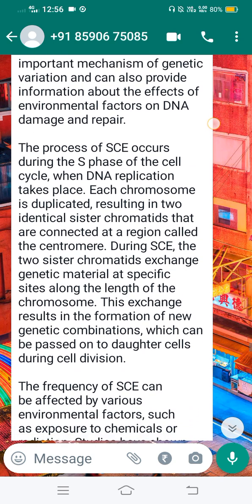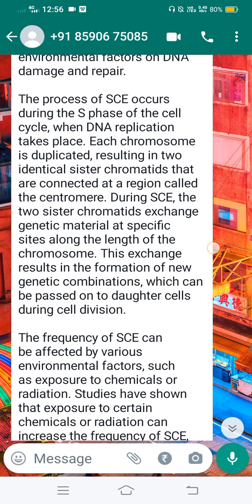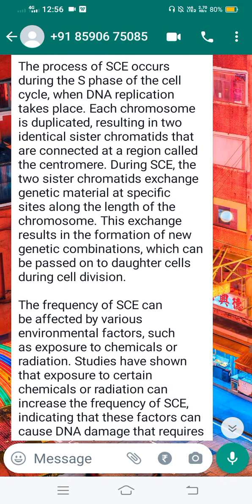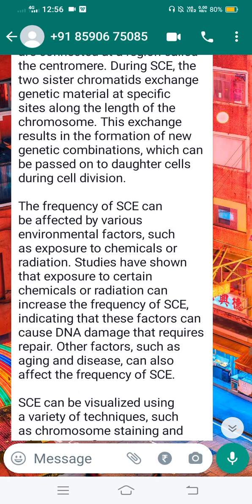The process of SCE occurs during the S phase of the cell cycle. When DNA replication takes place, each chromosome is duplicated, resulting in two identical sister chromatids that are connected at a region called the centromere. During SCE, the two sister chromatids exchange genetic material at specific sites along the length of the chromosome. This exchange results in the formation of new genetic combinations which can be passed on to the daughter